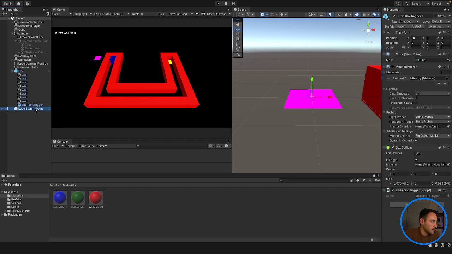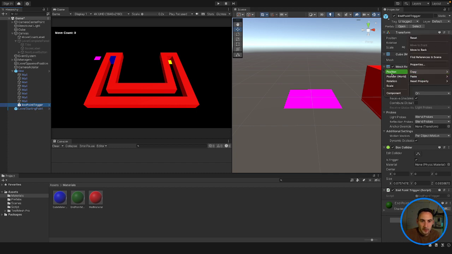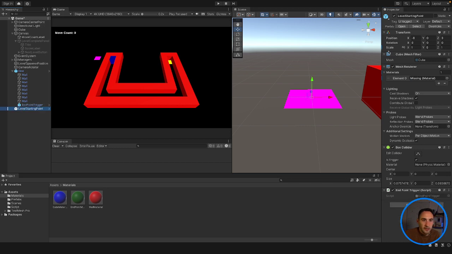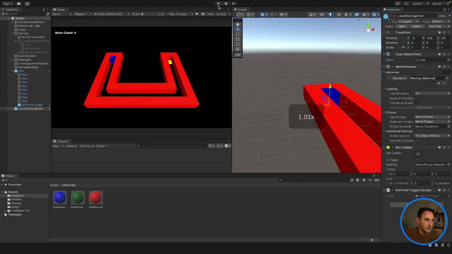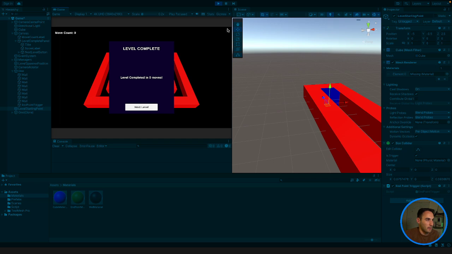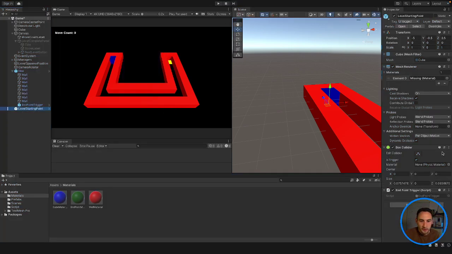And then this, we will copy the position of our endpoint trigger and paste it onto our new starting point, because the only thing that we need to change is the x value. So it's just going to be the negative of what it was. So 5 is going to go to -5, and that should paste it directly underneath our, okay, so that's not going to work because we need to get rid of the script endpoint trigger because it's no longer an endpoint trigger. So we will remove that off of it,